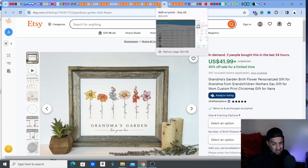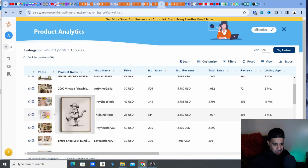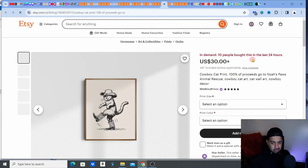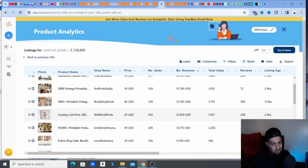But this is making over $16,000, guys. Look at that cowboy. Who would imagine a two-month-old listing making $12,850 per month? I mean, look, it's a cowboy cat print. So again, choosing the right category is one of the most crucial things you can do,